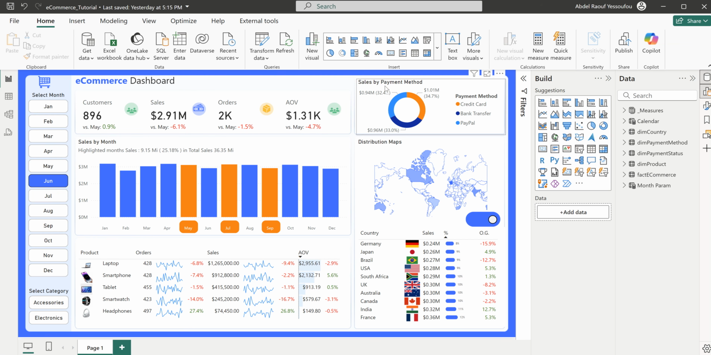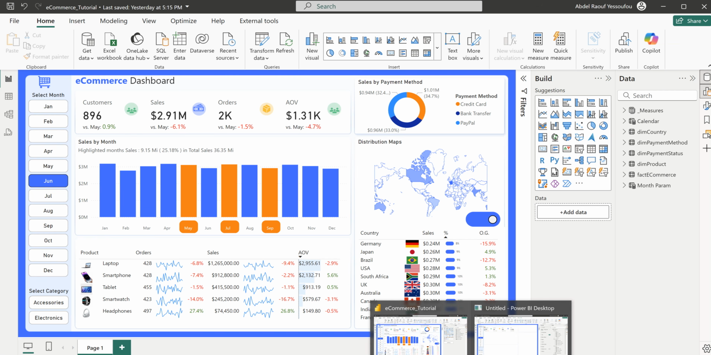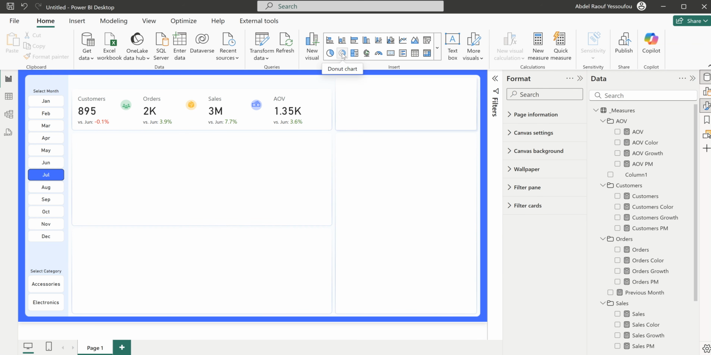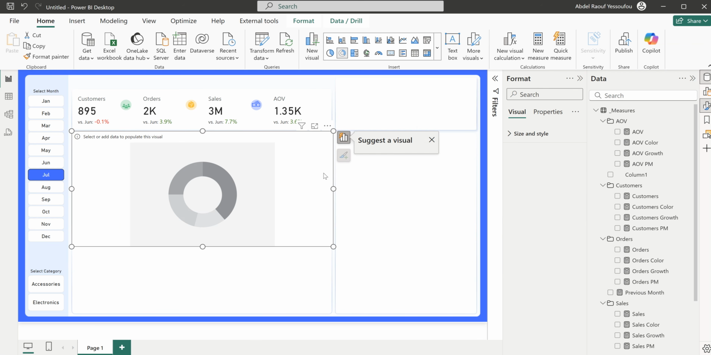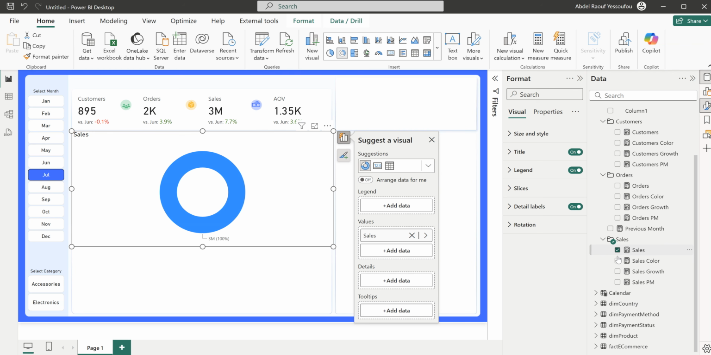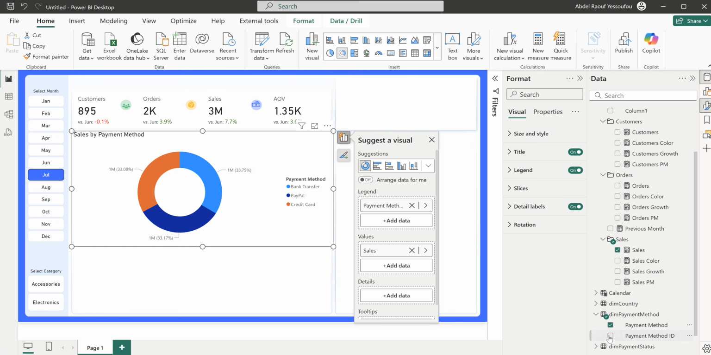Okay, so now we create a sales by payment method. That's a very simple one. So let's just bring in our donut chart, and this is going to be sales by payment method. Okay, and then you can also add sales by payment status. And also another thing you can do is to create some filters here, or